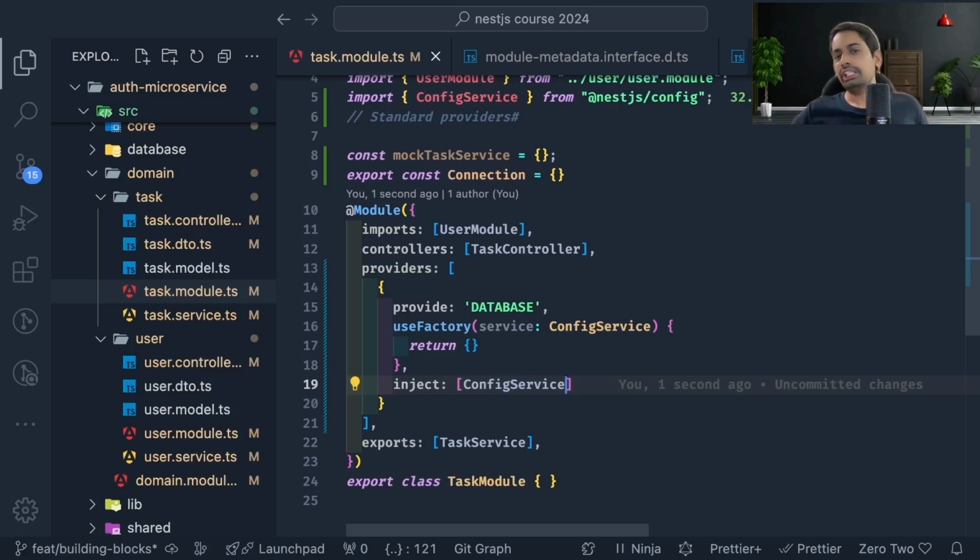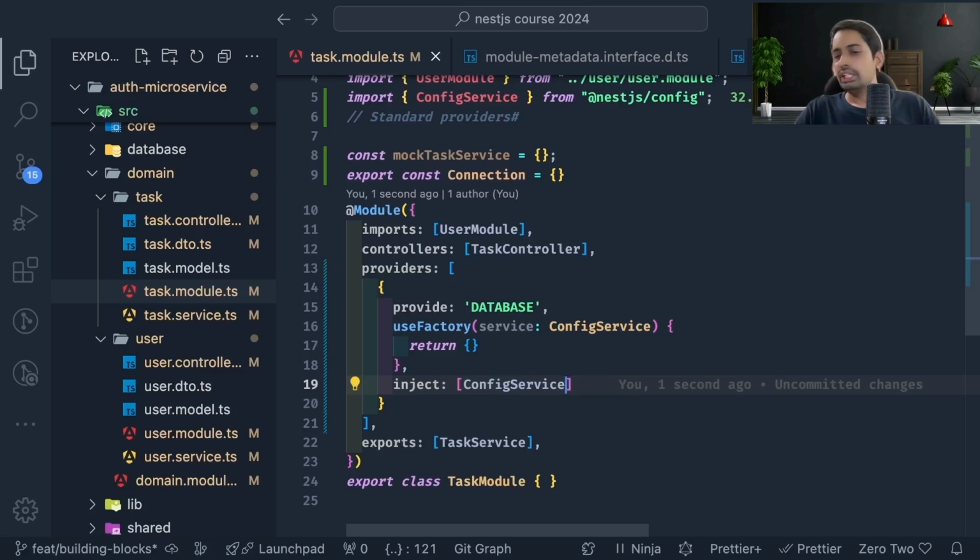एक होता है static initialization, एक होता है dynamic initialization. Static initialization में आपको host port पता है, आपने सीधे डाल दिया process.env host, process.env port. Some places you don't know, you are getting it from config module, config service. तो उसके लिए आपको dynamic asynchronous initialize करना पड़ेगा, and on those places you will always use factory provider, because using use factory you can actually inject another service and get the values from there.